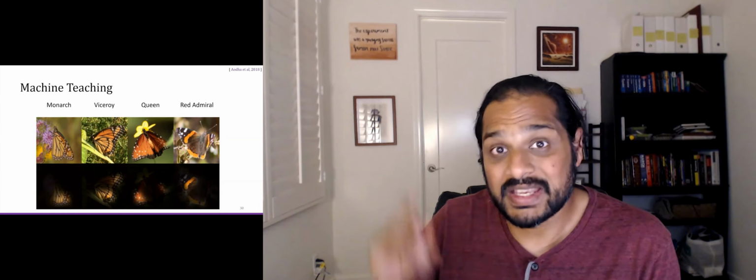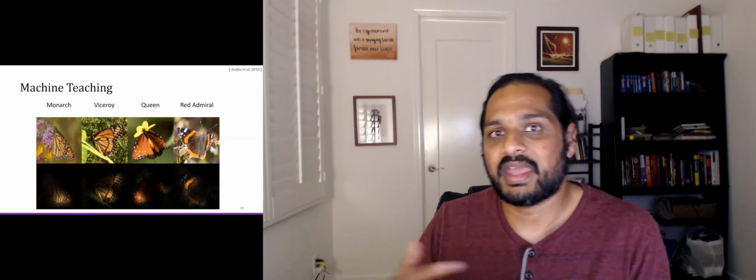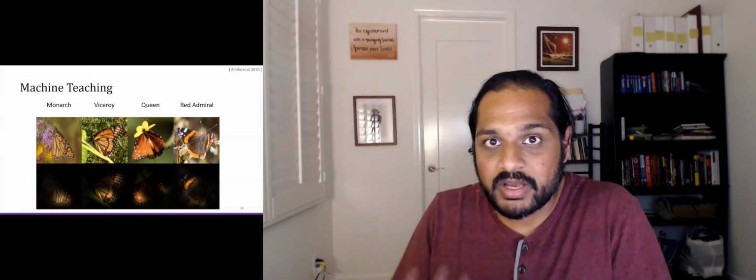What machine teaching does is train a classifier on the same task with a lot of labeled data. Then, instead of showing users just the predictions or just the labels, you show them the explanations of that classifier that has seen a lot of labeled data. And if the explanation method is good, it will exactly highlight the parts that the user should be looking at. And so the user can learn how to identify butterflies by using the explanations, whereas otherwise they wouldn't be able to. Yeah, so I would recommend reading that paper if you're interested in these kinds of things.